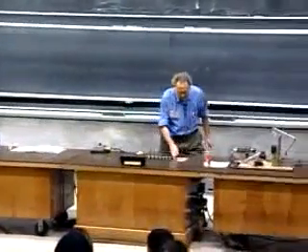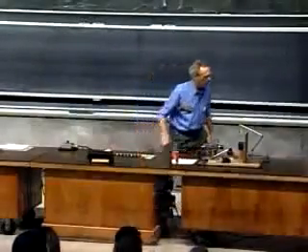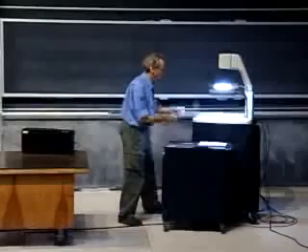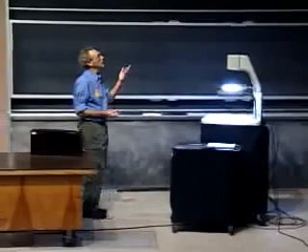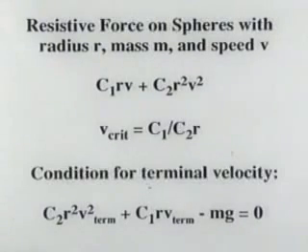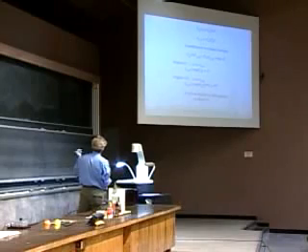I have for you a view graph that is on the web, so you do not have to copy it. It summarizes what I have just told you. It has all the key equations. You see there on top the resistive force, the magnitude of the resistive force. You see then the critical velocity. There's nothing critical about it. It's just the speed at which this term has the same magnitude as this term. Then you see the condition here, which I called equation 1